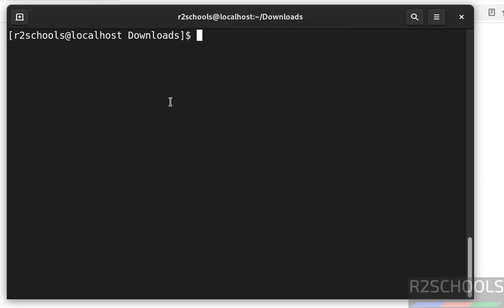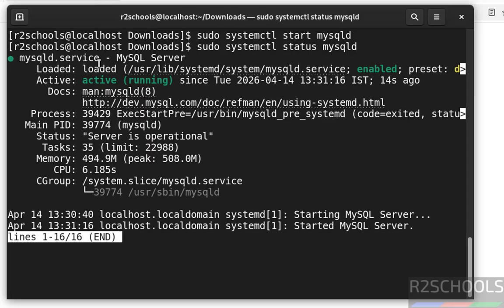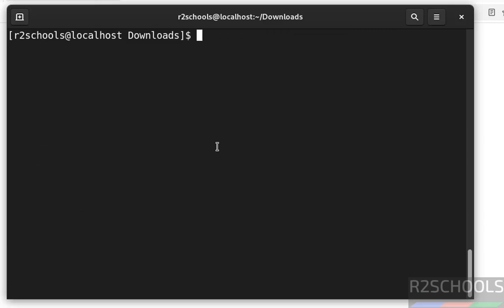Now start the MySQL Server. sudo systemctl start mysqld. See, MySQL Server is started. Now we will connect to MySQL Server, but to connect to MySQL Server, we must have the password of a MySQL user account. Okay, but we don't have the password of any MySQL user account. But we can get the MySQL root account temporary password by going to